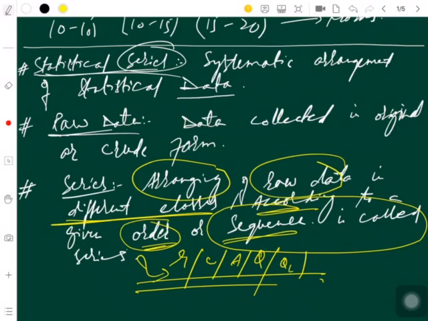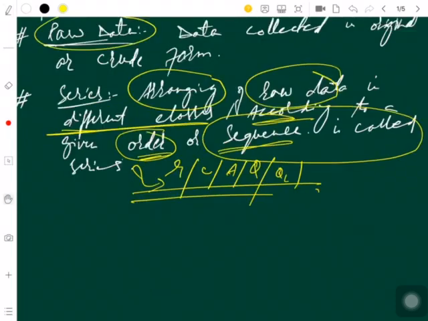Now we have some raw data into series. When we have some raw data, it is converted into a meaningful series. So let us take this series into consideration, and this series will be defined further like